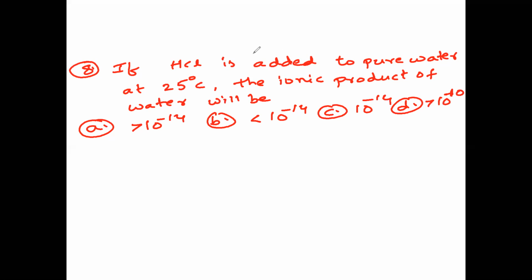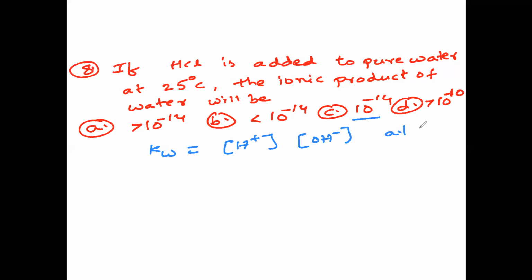So for this, the solution is, again I'm repeating the question, if HCl is added to pure water at 25 degrees C, the ionic product of water will become greater than 10 to the power of minus 14, less than 10 to the power of minus 14, equal to 10 to the power of minus 14, or greater than 10 to the power of minus 10. It is equal to 10 to the power of minus 14, because already you know the ionic product of water is equal to the concentration of H plus times OH minus